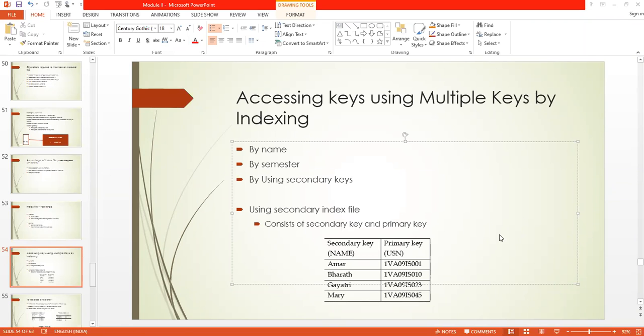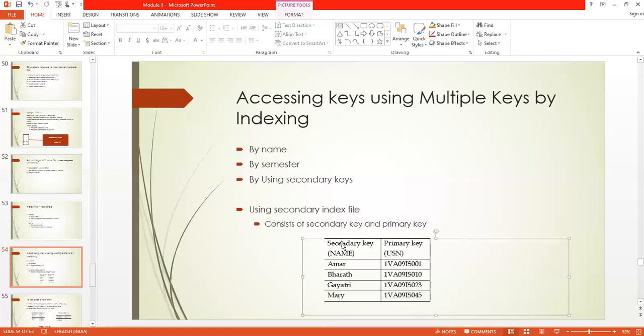In such a case, another secondary index file is built, where the main key is the secondary key, the semester. The secondary index file contains two fields: the secondary key and the primary key.